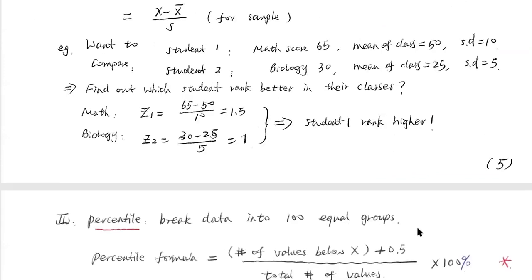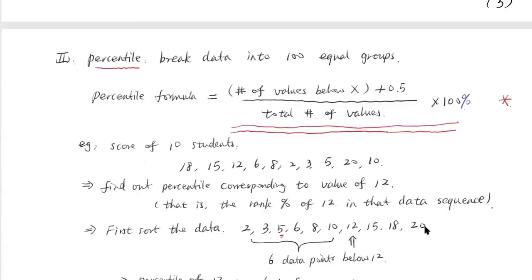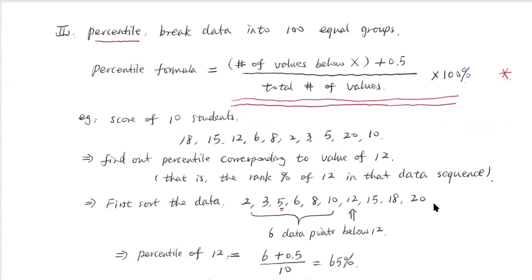Now, second part, we are going to learn something about percentile. What I mean is, say if we have 100 data points, that's easy. And we want to break those data, right? And put them in order, from low to high, high to low, either way. And then we want to break them into 100 equal groups. That's easy, right? So you can easily find out which one is the top 1%,